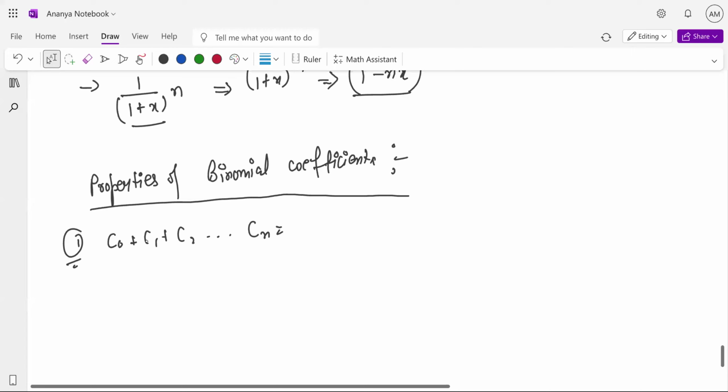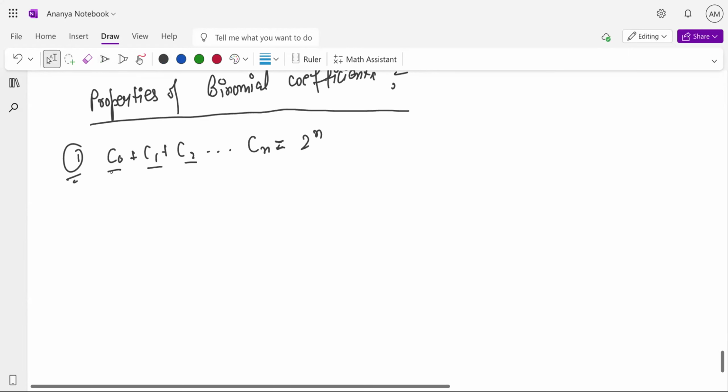Yes, sir. Basically, this is the first coefficient, this is the second coefficient, this is the third coefficient. This is going to come out equal to 2 to the power n. What is C0 meant to say? nCr you have to get, right? So it is nothing but n factorial divided by 0 factorial times (n minus 0) factorial. Isn't it?